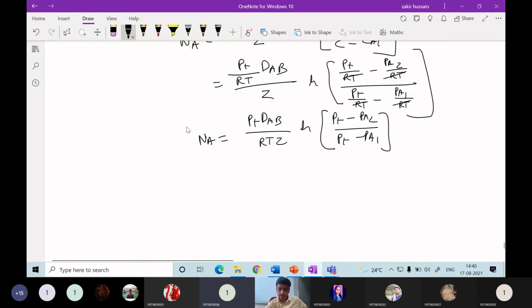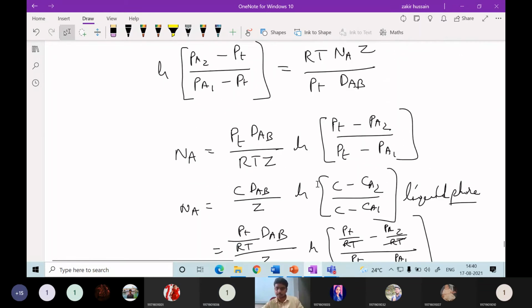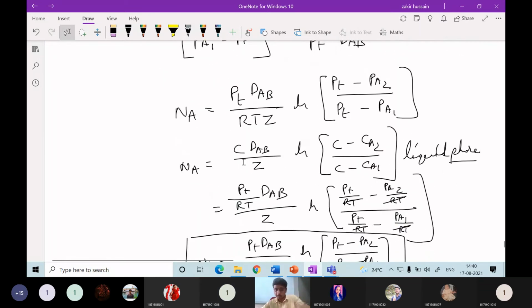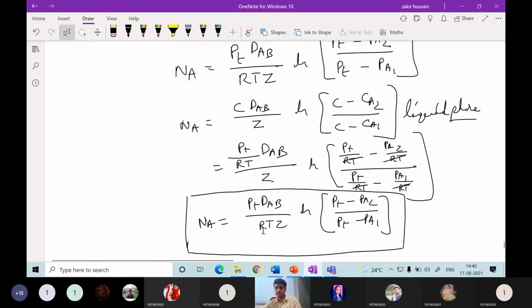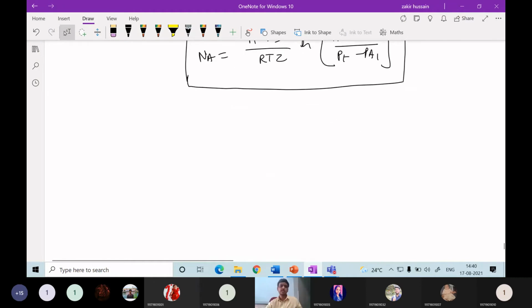Sir, for the derivation, can we derive for the liquid phase and then substitute C equal to P? Yes, anything you can do, but it is a lengthy procedure you have to follow. From this equation you can't write it directly. By deriving until here, you can do the continuation. Okay, sir. Then afterwards, same formula.